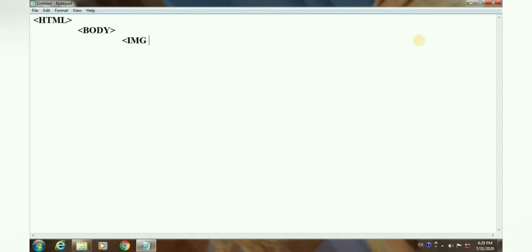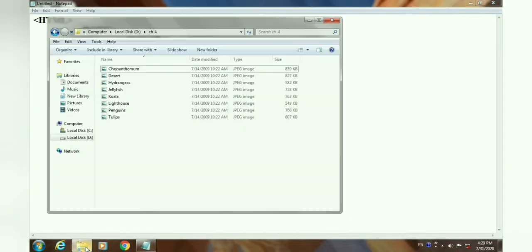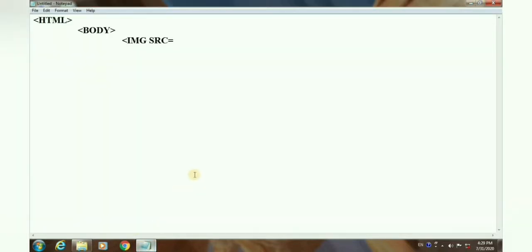And here the compulsory attribute of the img tag is src. src means source. Here we have to provide our source file, meaning which image we want to insert in a web page. So for that we will go to our chapter 4 folder. Here you can see so many images are there. Whichever image you want to insert, you have to write that image name properly here with its format. So the first image is desert, which I want to insert. So I will write desert, spelling it properly, with its image format. Desert in double quotation marks, desert dot